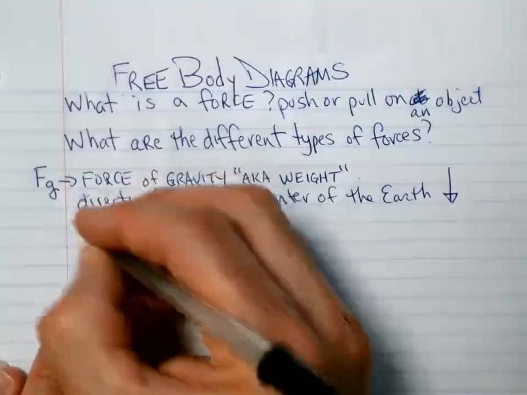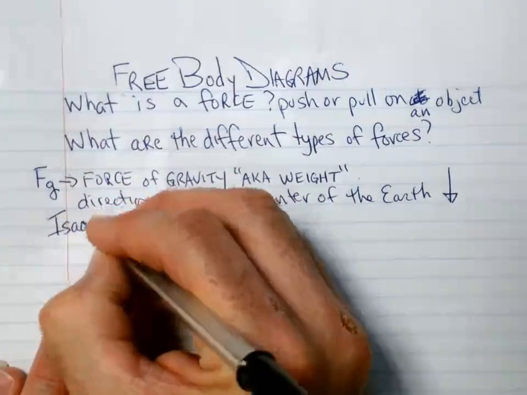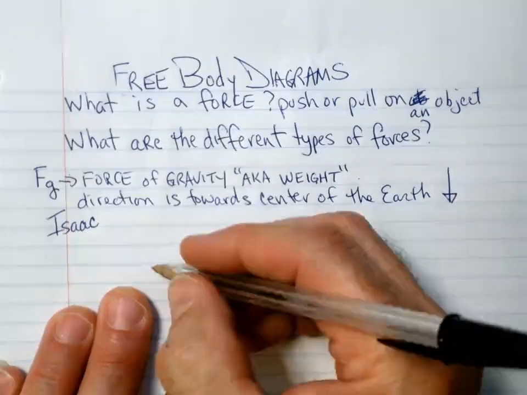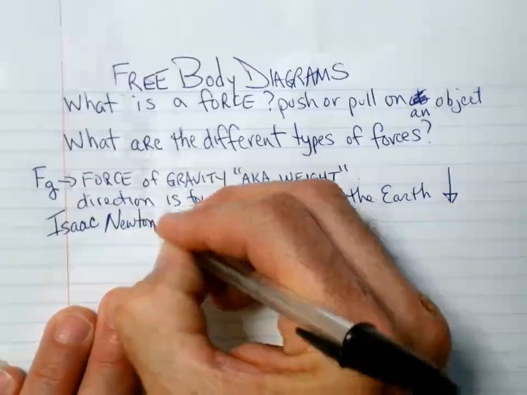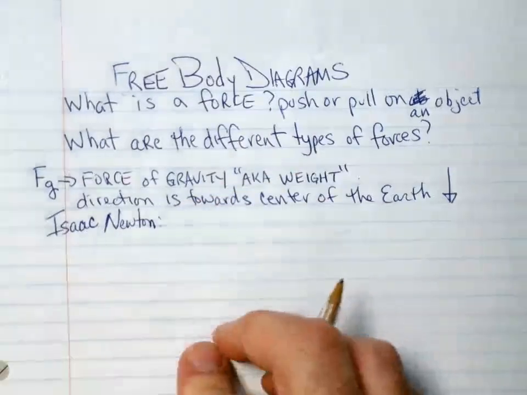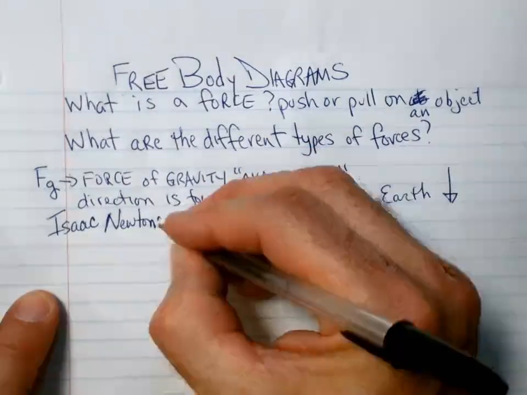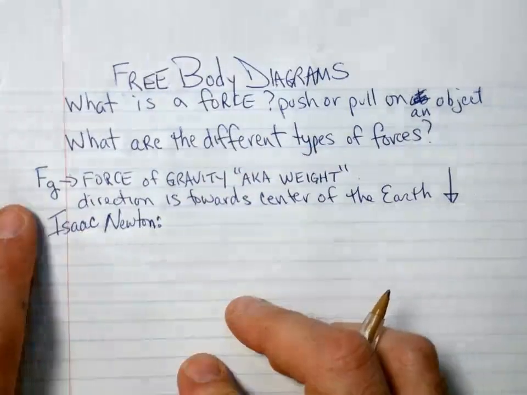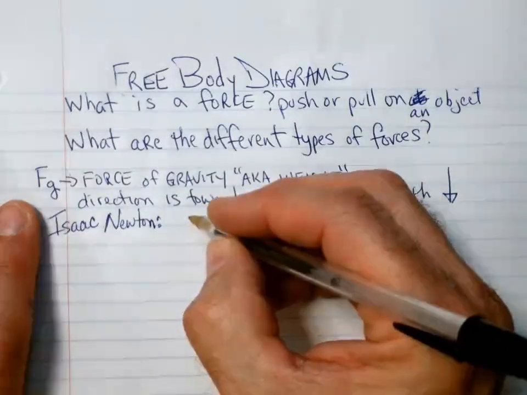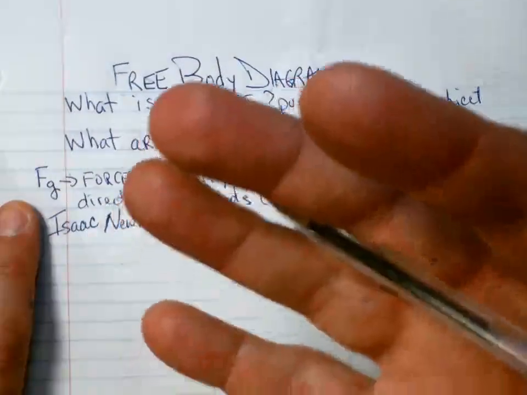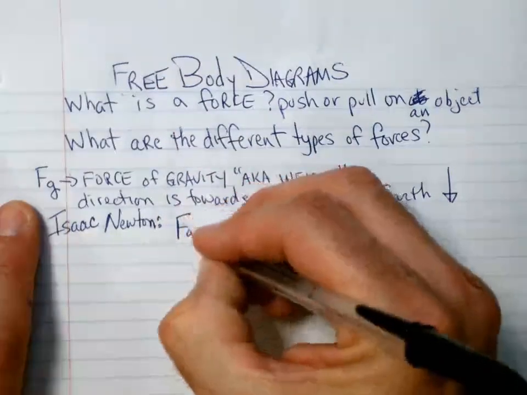Isaac Newton is the person who is credited with our basic understanding of this force. He was a pretty smart person who lived in England in the 17th century, and he did a lot of work in physics and math. But what he did for us today is he figured out what the force of gravity is created by. So the force of gravity